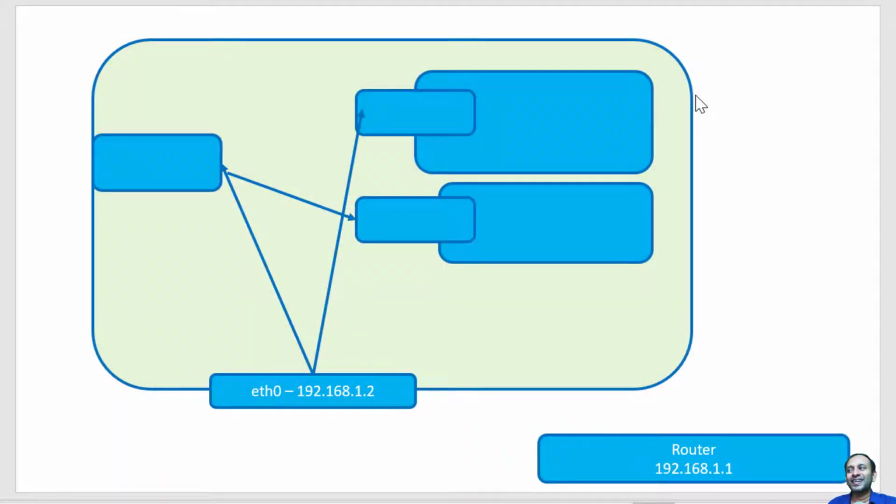Hi, let us understand what is host networking within Docker. As a part of networking, earlier we discussed about bridge networking. The same way, we can create another type of networking called host networking. Whenever I am creating a host networking, the container will get the same IP address as the host, and data received in that specific host will get mapped to the container, and we don't need to have an explicit mapping on the ports.